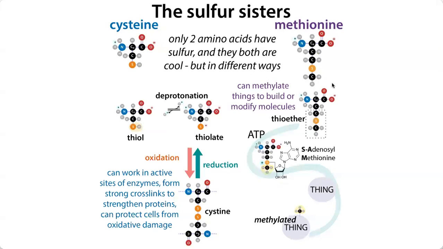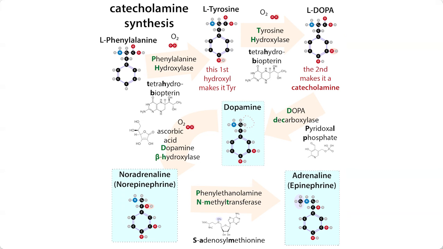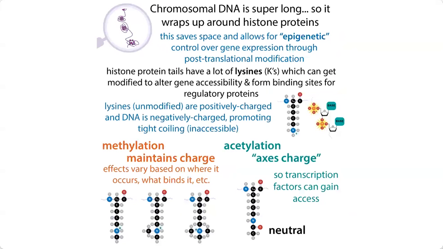In the case of our methionine, well, here instead of our thiol group, we have a thioether group. We have the sulfur with carbons on either side. And as we saw, we can activate it using ATP to give us S-adenosyl methionine. This is going to make it so that this methyl group is going to be a stronger electrophile and that this SAH group is going to be a better leaving group. This makes it so that we can then transfer this carbon group, this methyl group, onto various things, which allows us to, say, synthesize our hormones, as well as to modify